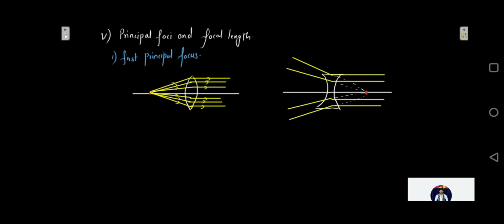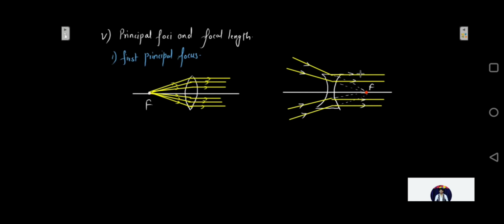So the ray after refraction would be something like this. Okay, so this particular point, in case of a biconvex lens, and this particular point in case of